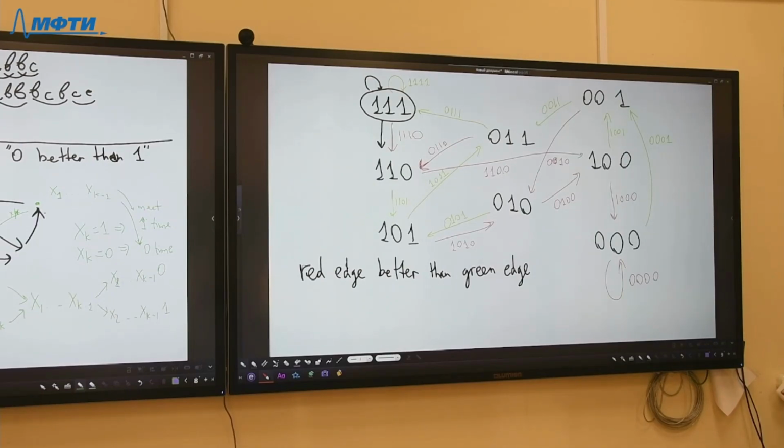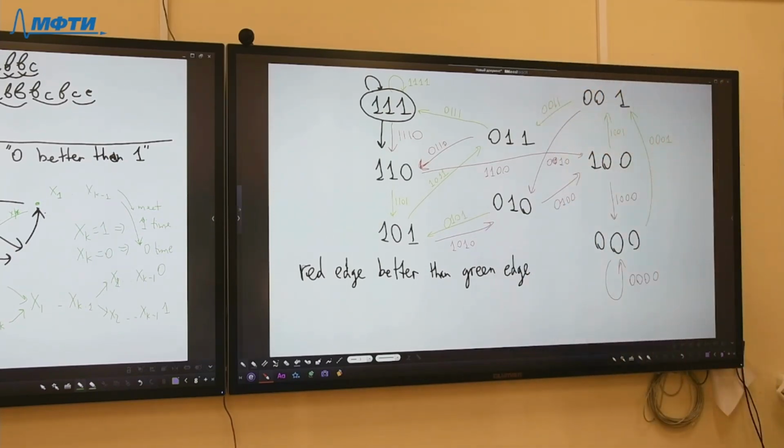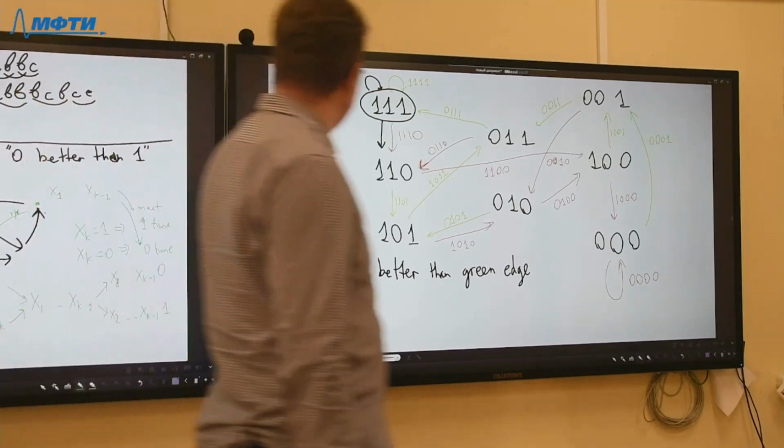So I need to somehow prove that I use all, for example, the green edges in my route. So I need to use just the notion that, okay,